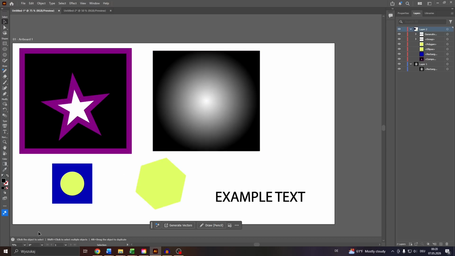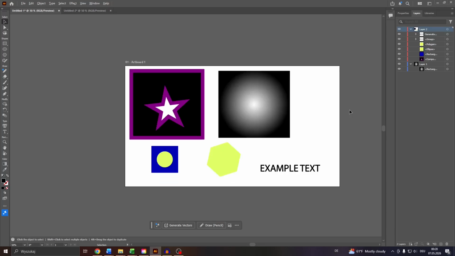Now if you don't like working with that menu in the bottom left, guys, there's also a shortcut. So what you want to do is press and hold Alt on your keyboard and then use your mouse wheel to zoom in or zoom out anywhere you like. So move the cursor, let's say, for instance, to that example text. Press and hold Alt. Move your mouse wheel